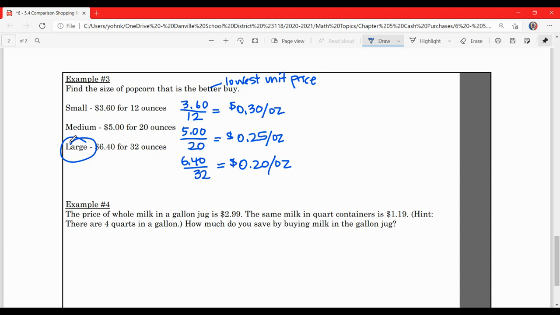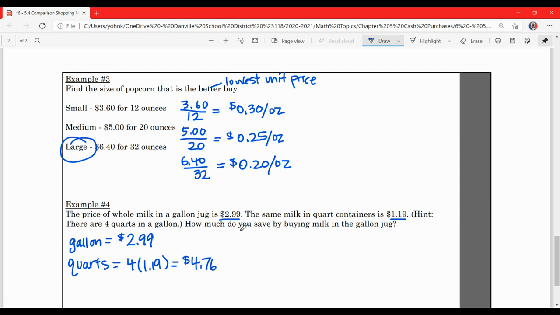Awesome. Okay. Example number 4, the price of whole milk in a gallon jug is $2.99. The same milk in quart containers is $1.19. Hint, there are 4 quarts in a gallon. How much do you save by buying milk in the gallon jug? Okay, well, if I buy milk in the gallon jug, that's going to cost me $2.99. If I buy milk in the quarts, I would have to buy 4 quarts at $1.19 a piece, and that's going to be